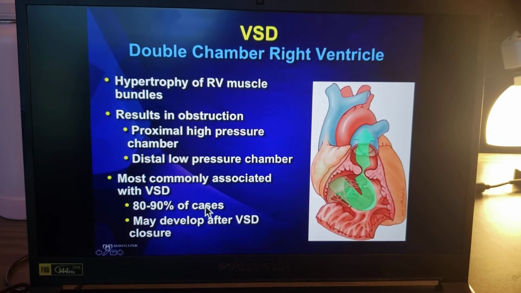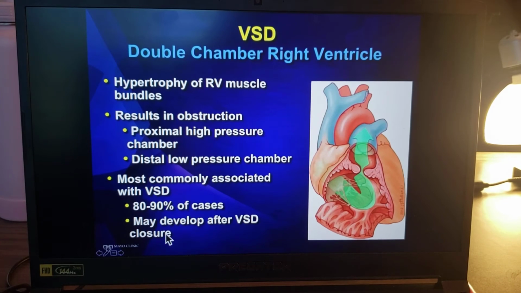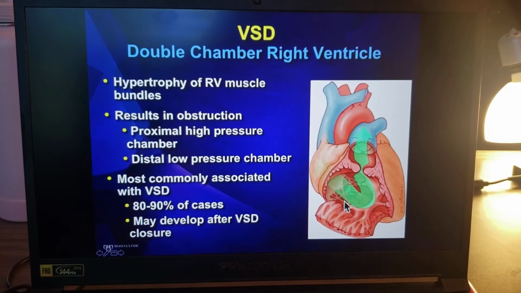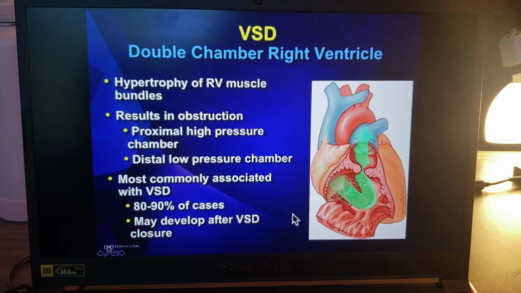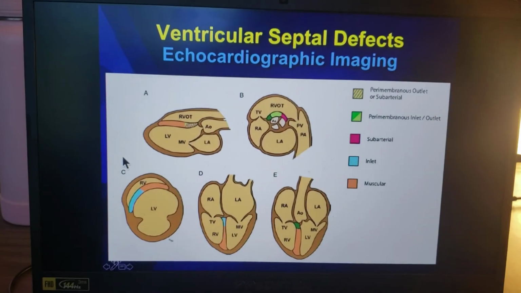Most patients with a double-chambered right ventricle have a VSD, but this may develop without a VSD, and it may develop after closure of a VSD, but these muscle bundles need to be resected in addition to closure of the VSD. So again, I think this is a good